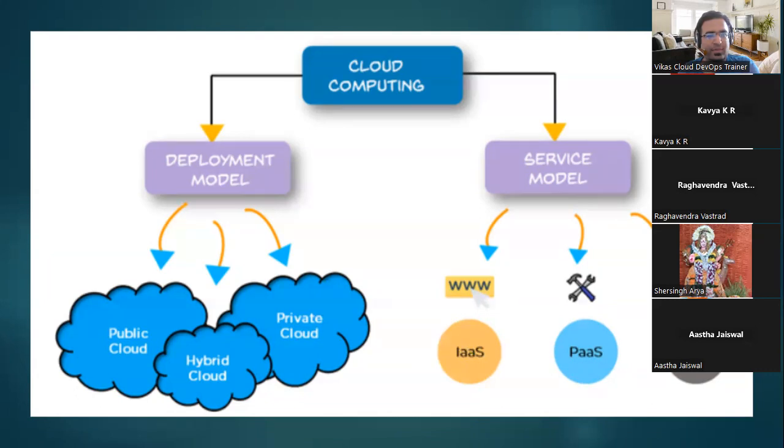Sir, we will have to install the Java dependency, JDK. One person is giving the correct answer. It requires a JDK. There will be some dependency, right? Without JDK, the Java code will not work. So if you take the infrastructure from the AWS cloud, you have to install the JDK on the Windows machine. Then you run the code and it will work. That is infrastructure as a service. You only take the virtual machine and operating system.